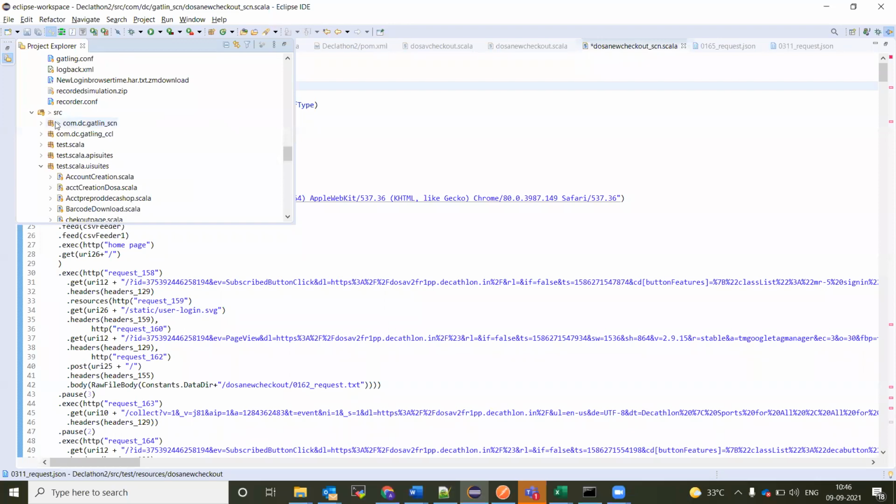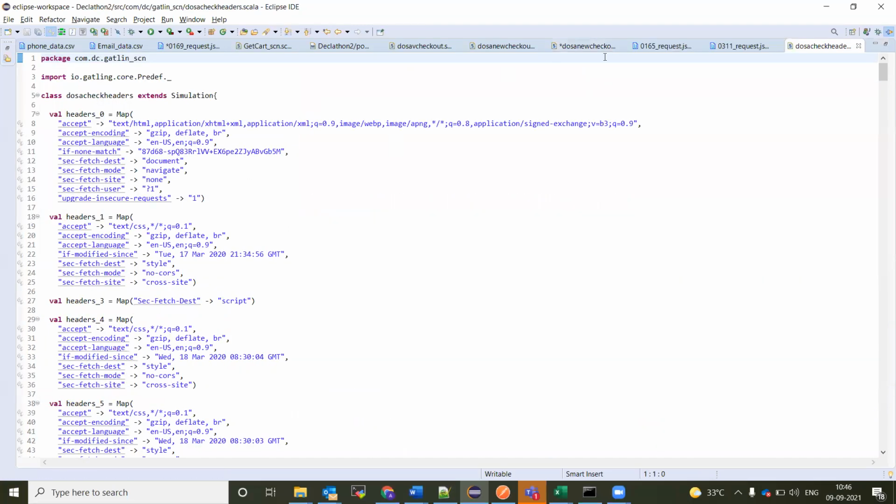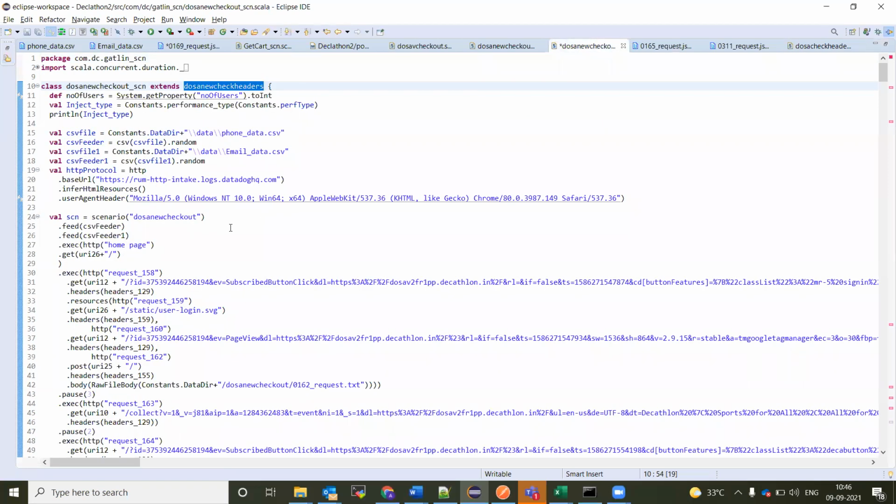So this is one way to do that. I won't say this is the only way. This is one way to do that, having headers and things separately. This is the simplest solution that you can do. The other way is you can segregate the entire scenarios into multiple chain reactions, and then you can make a compilation. That will also help, but you should know where to break it and how to break it, and all the syntax things you have to know. So this will be simpler when compared to that chain reaction.